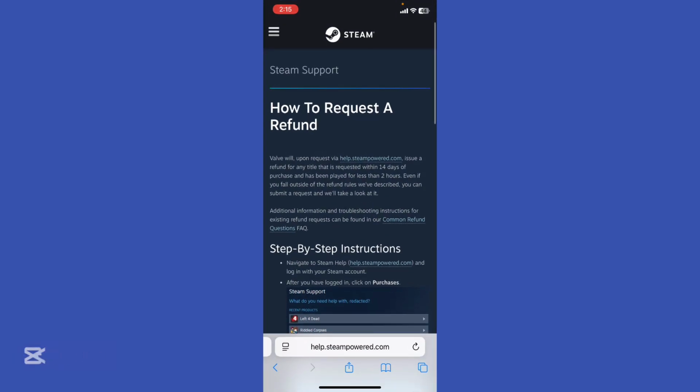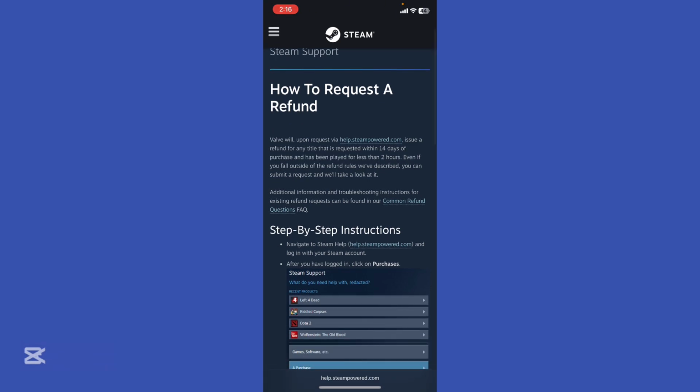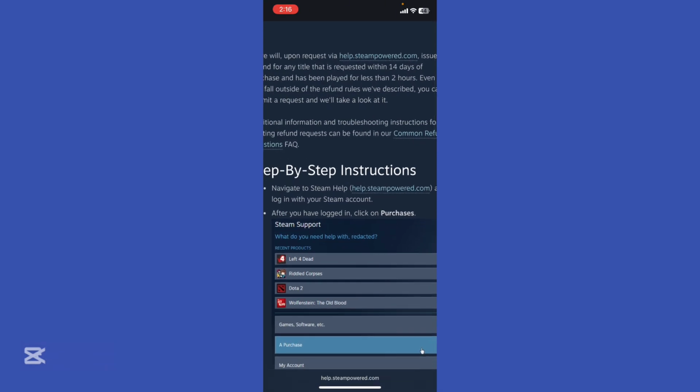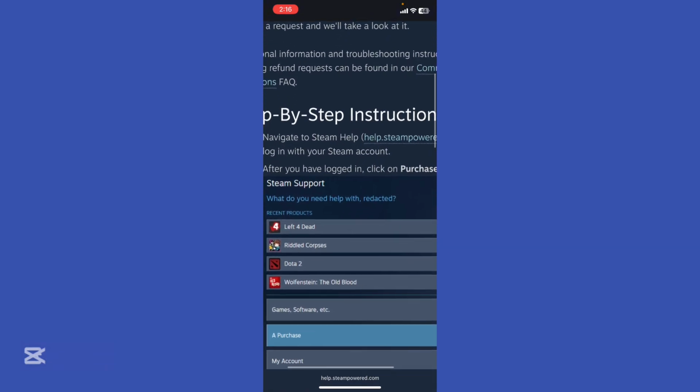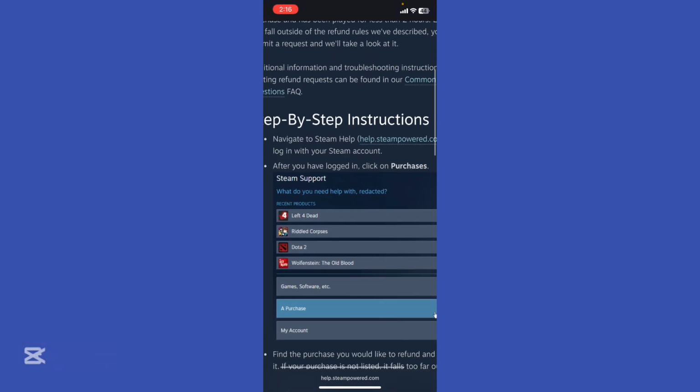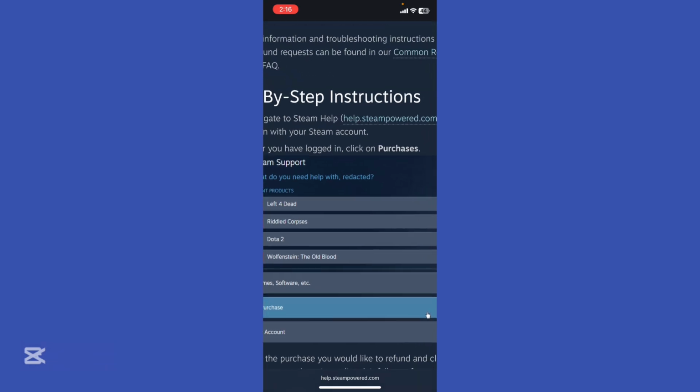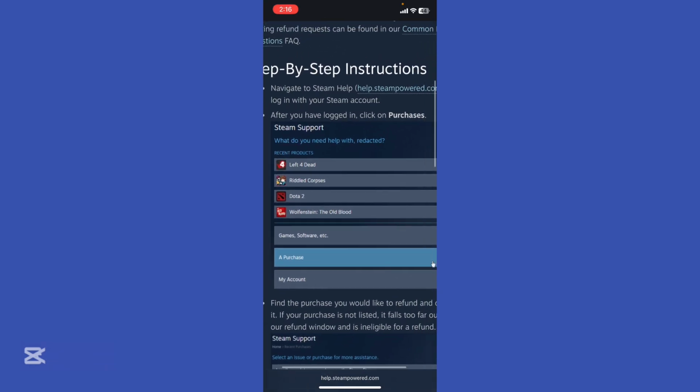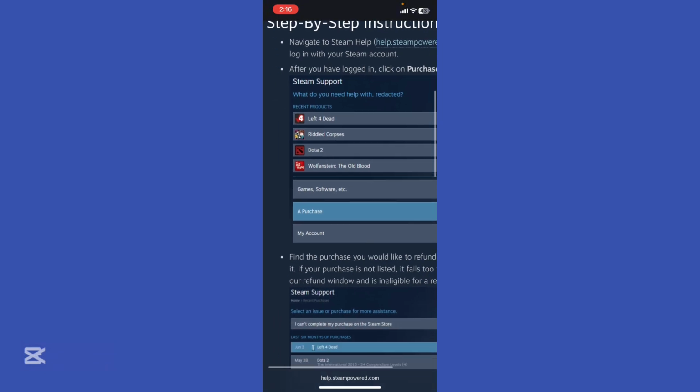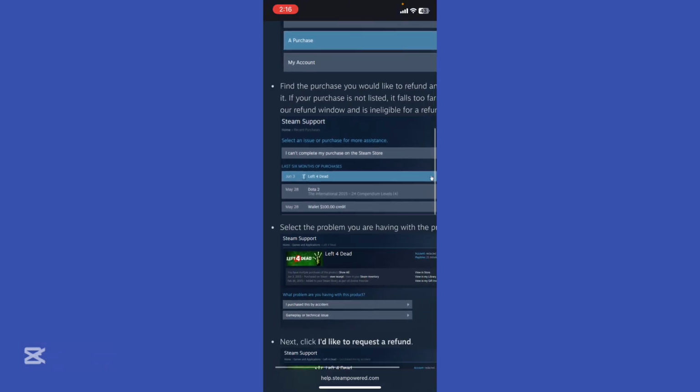So go ahead and open up your browser and go to the Steam support on how to request a refund. I'm going to show you visually, and then I'm going to show you practically. I don't have any game purchased on Steam, so I won't be able to actually do it practically. So go ahead and select the game you have a problem with the purchase,